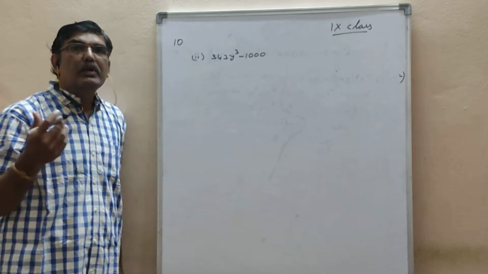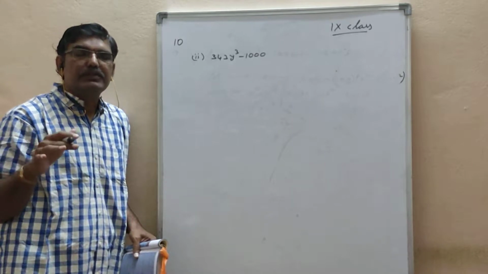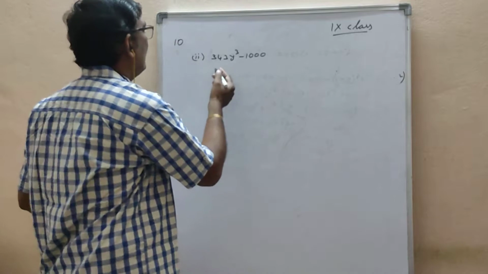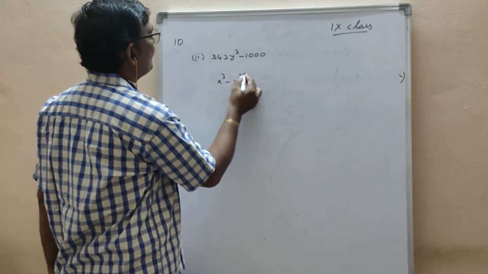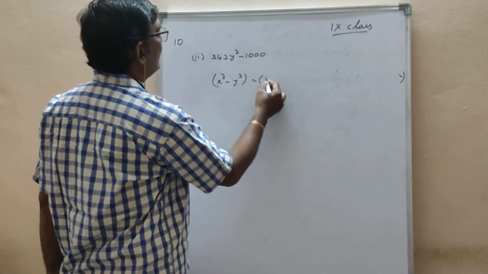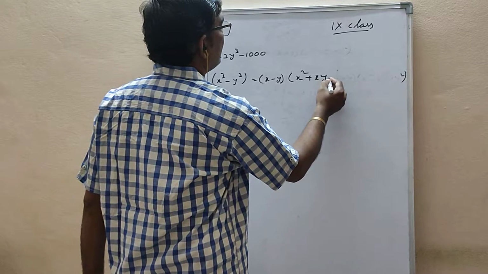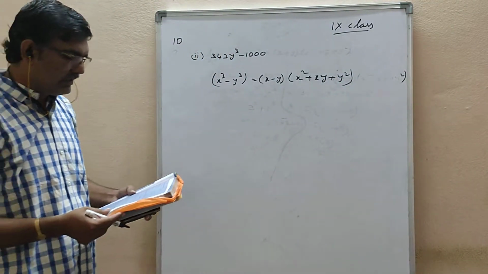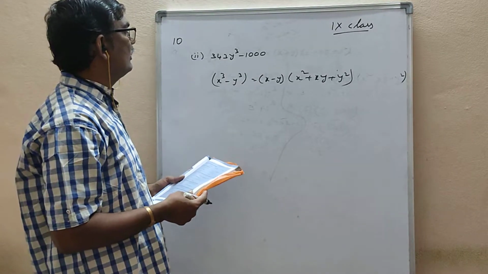It is in the 10th problem, second part. Above result means the verification I just did for the first question. Verification is there for the second question also. So here we have to use that second question, that is x cube minus y cube is equal to (x minus y) into (x square plus xy plus y square). It is one identity which is given in the ninth question.